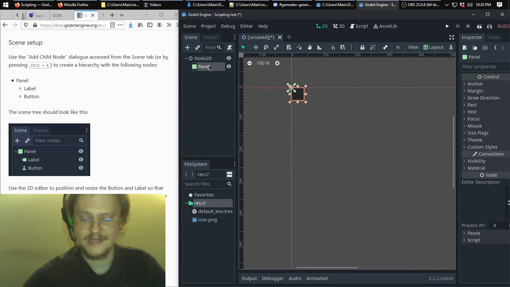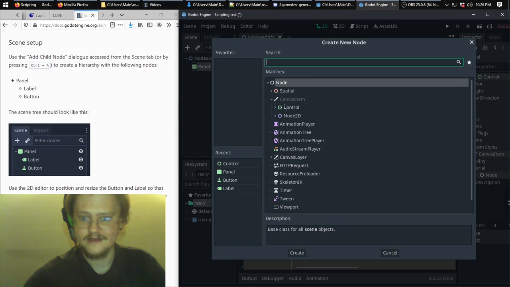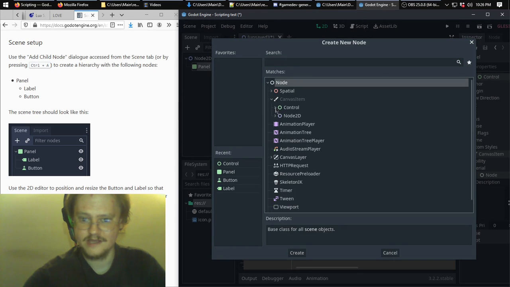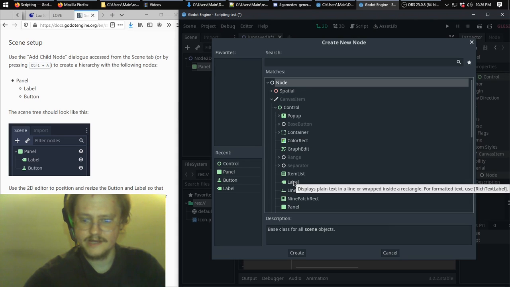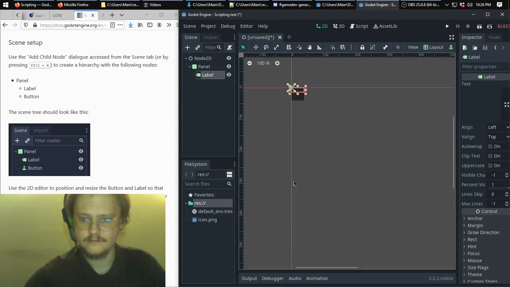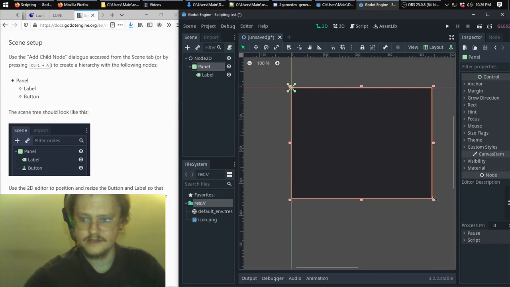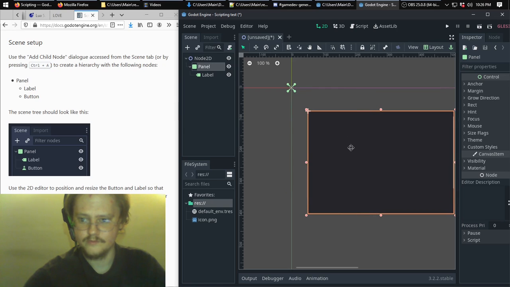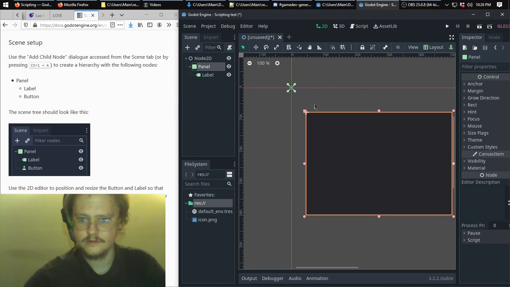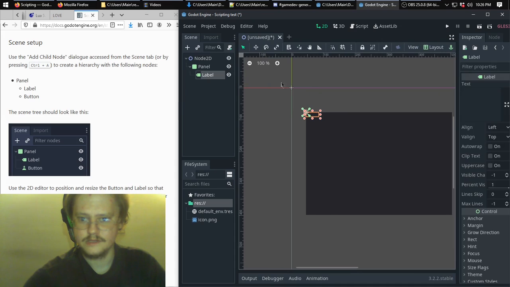It won't expand the category, so you need to click the little arrow next to a category when you're adding a component like this. So I want to add a label. Okay, well first I want to enlarge this panel, move it over, label, put it about in the center,